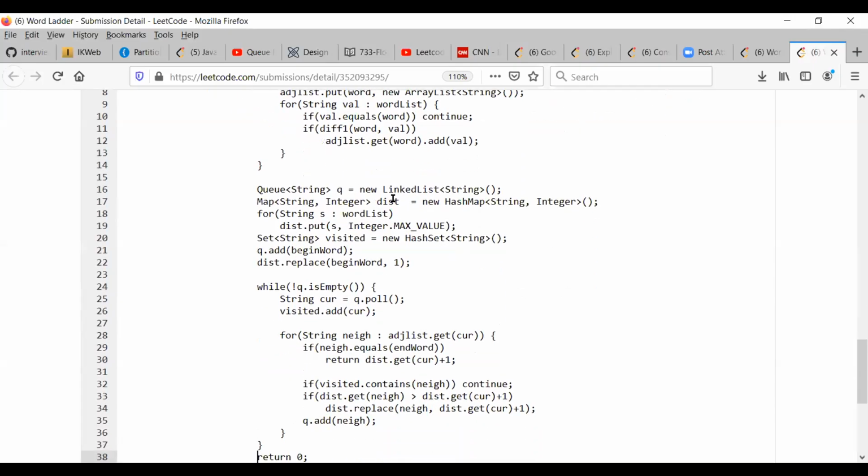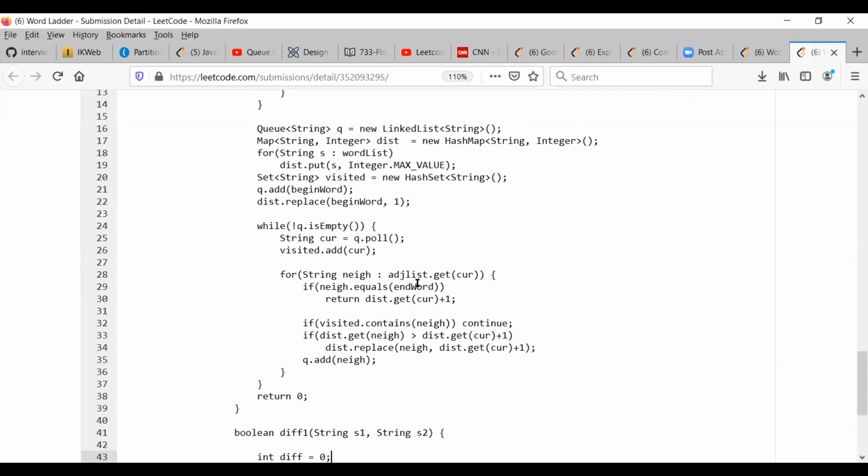I have the queue and the distance map, which has the distance for each string from the beginning word. I initialize all the strings with the maximum value, and I'm setting the begin word to 1 in the start. Then I'm checking the queue.